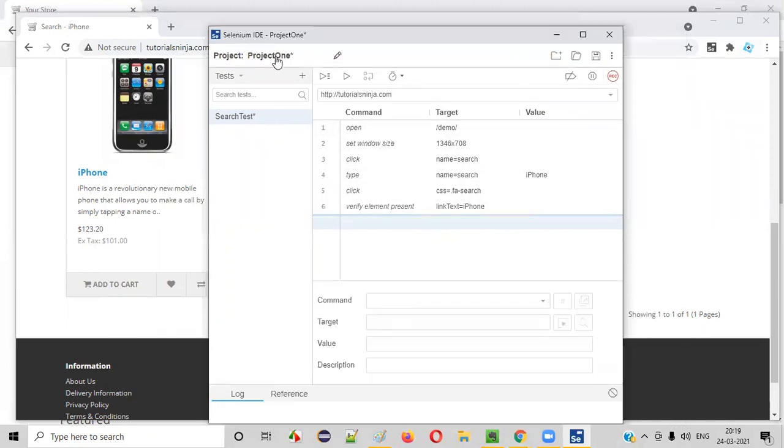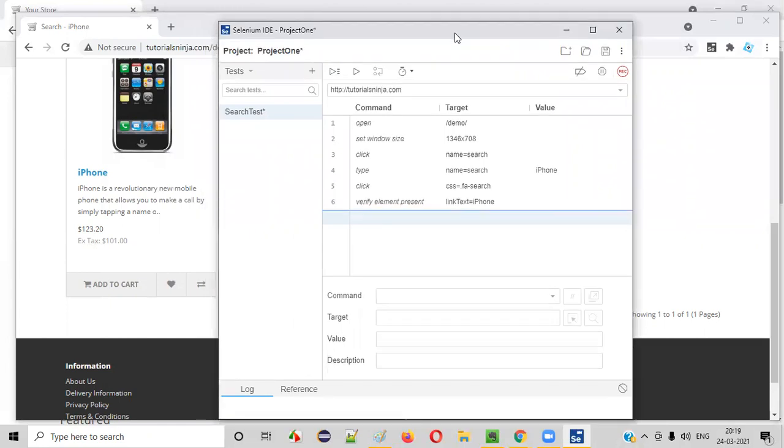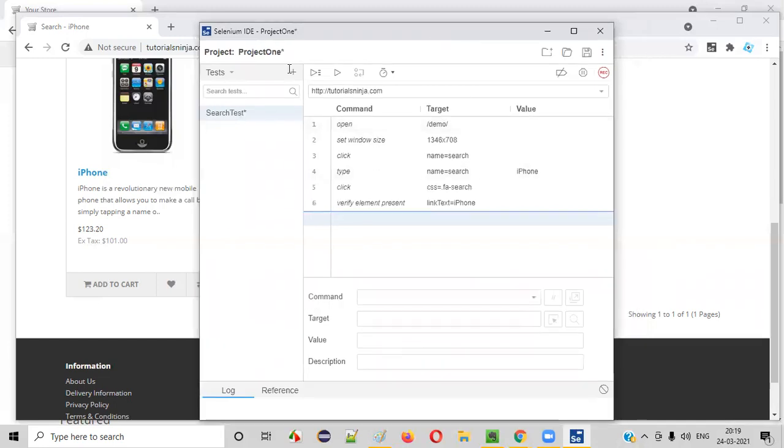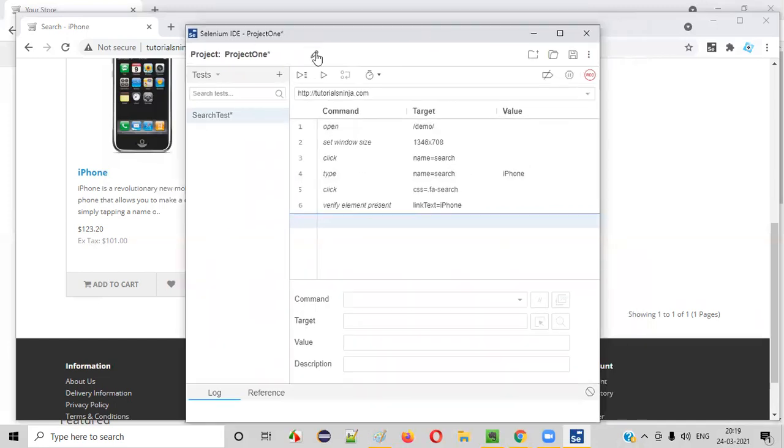This is a codeless test automation tool, which is one of the components of Selenium, which is in the direction of codeless test automation. If some of your resources don't know how to program or how to write automation scripts using Java or Python language or whatever it is, then they can simply use this record and playback tool, that is Selenium IDE, to record the test.